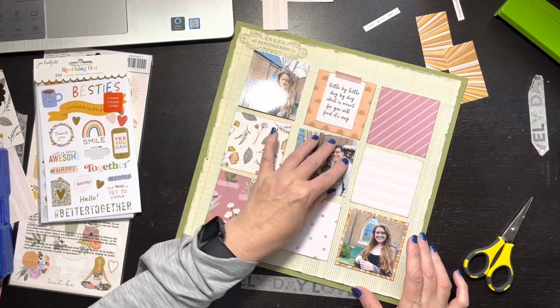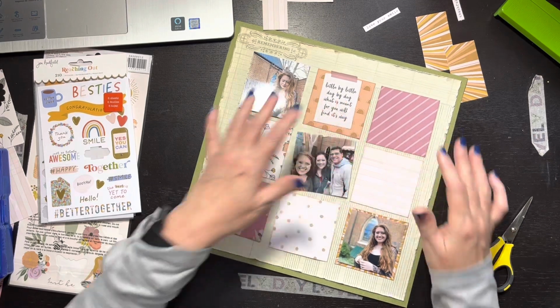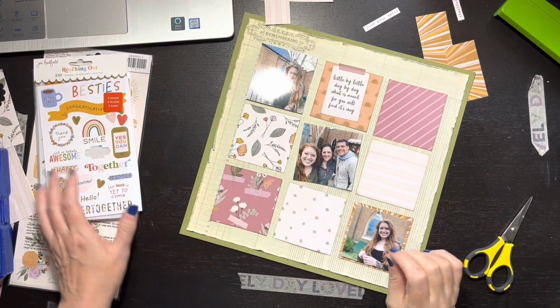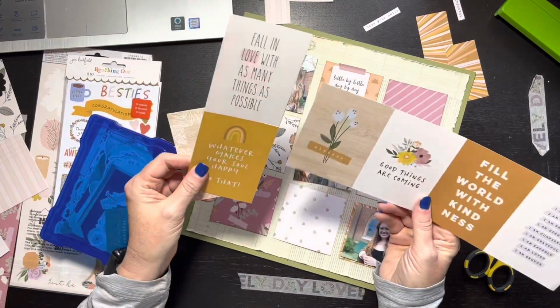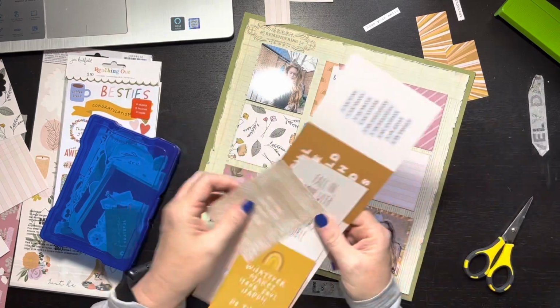So now what I'm going to do, I think I'm going to start pasting these down. I need to make sure they're straight. Ooh, that's kind of cute turned. I may do that actually. And then I'm going to work my way through the ephemera. I'm debating on, I think ultimately, I'm going to cut these into little cards just by themselves, and then they'll be good little decor